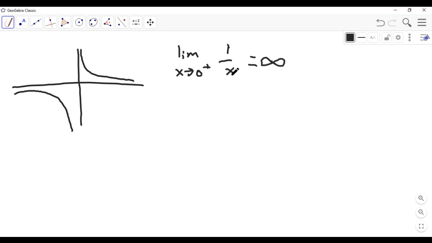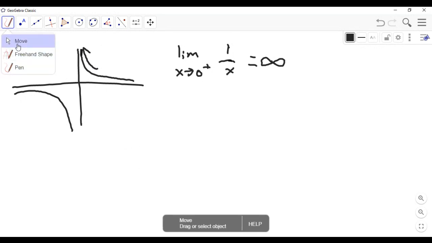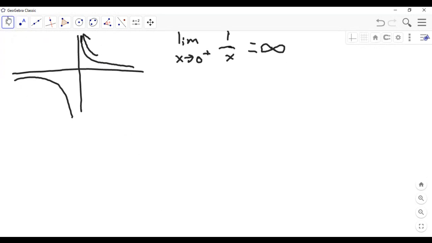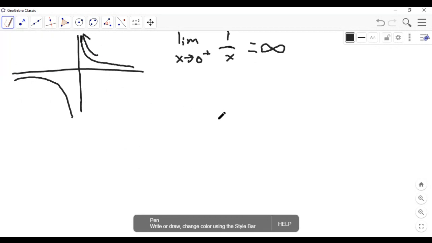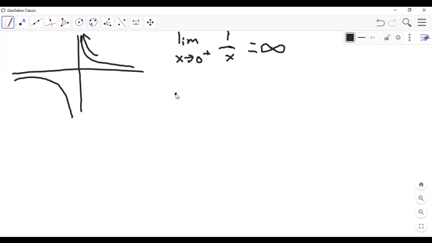because as x goes to 0, we're going to have 1 divided by something that's smaller and smaller. So our actual value is going to be getting bigger and bigger, as you can see on this graph right here. If you want the formal definition, basically, a limit as x approaches c of some function f of x is equal to infinity if